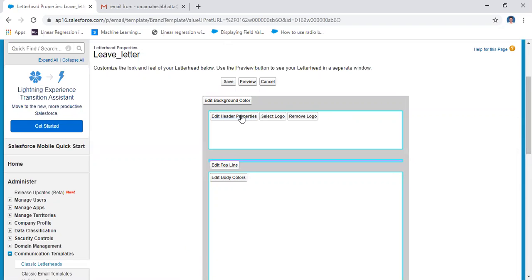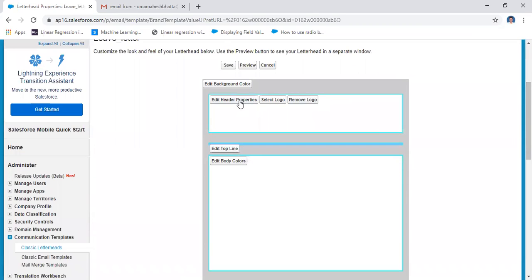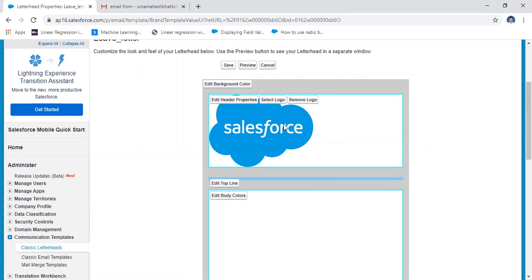This is the format of the letterhead. Edit the letterhead properties, and then edit the background also, and then edit the body. Here you may set the logo. For example, I am setting the logo; one logo is already available, the Salesforce logo, I think.